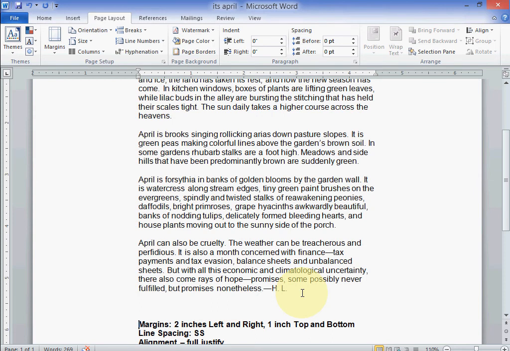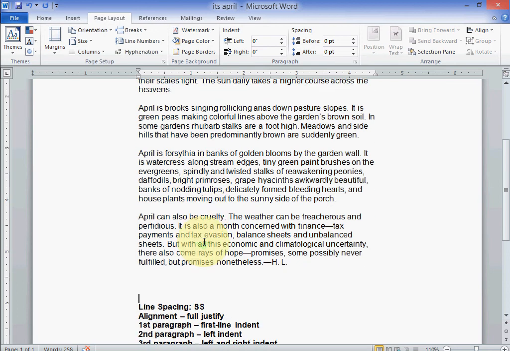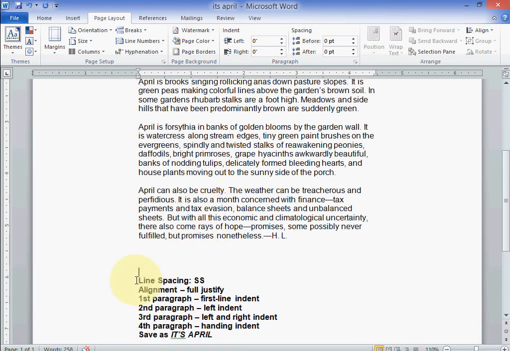See that? Okay, so now with my cursor on this side, if I hold my shift key down and just click way over here, that highlights the whole line. So I'll just hit delete. Okay, line spacing is single spacing, and it looks like it is single spacing. Okay, the way we can check it though,